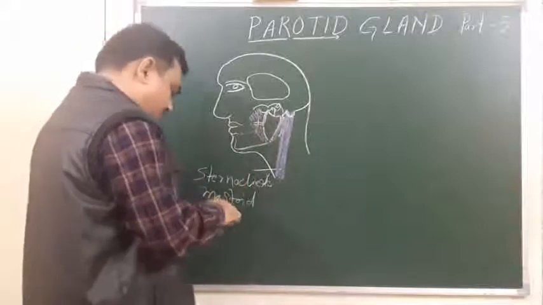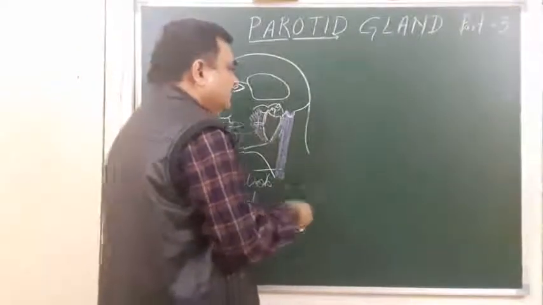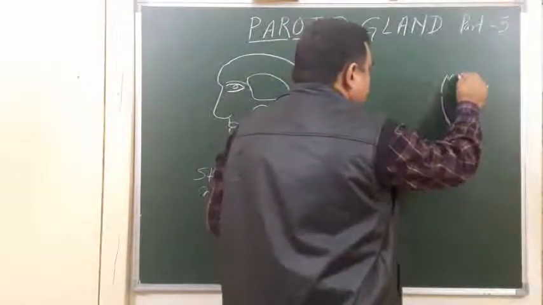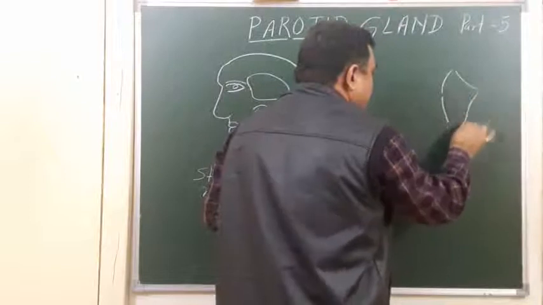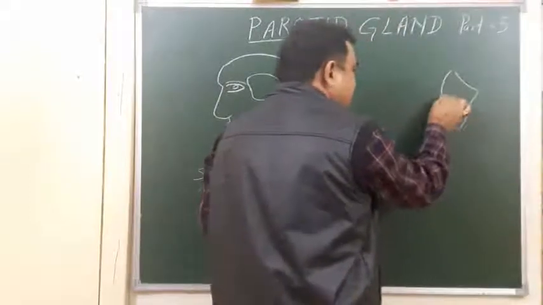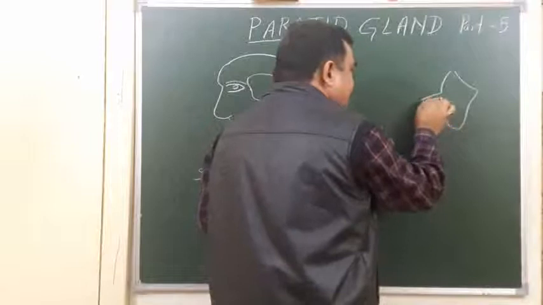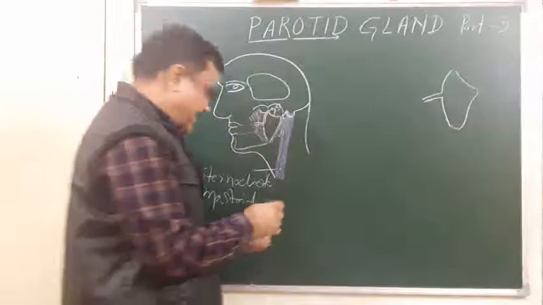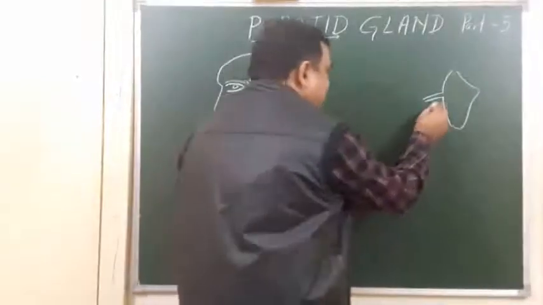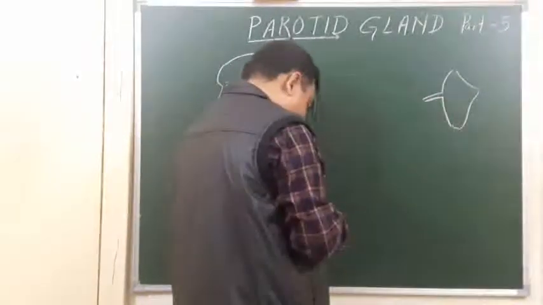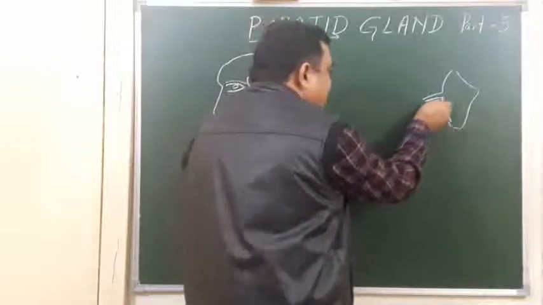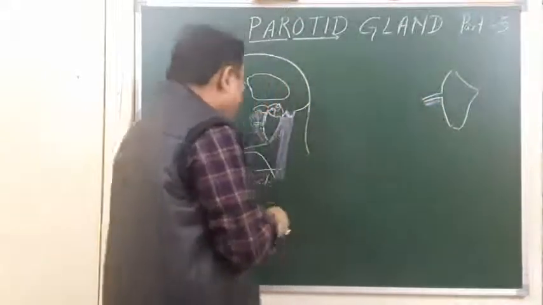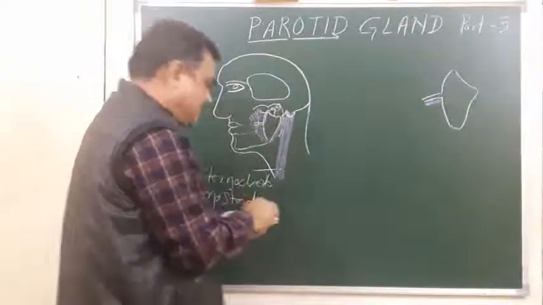It passes forward and downward. This is the parotid gland, and this is the anterior border. It initially passes over the masseter. Here I am drawing a schematic diagram. Here is the position of the masseter. It passes over the masseter, then at the anterior border of the masseter